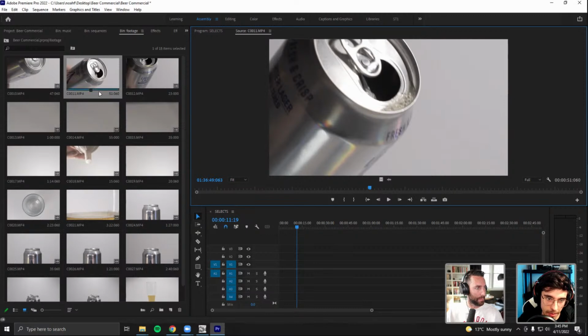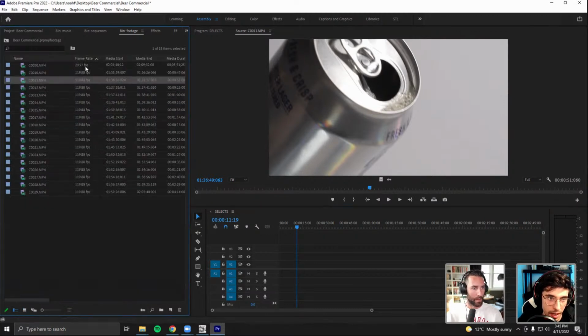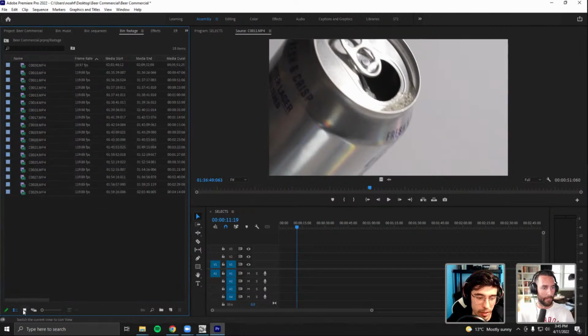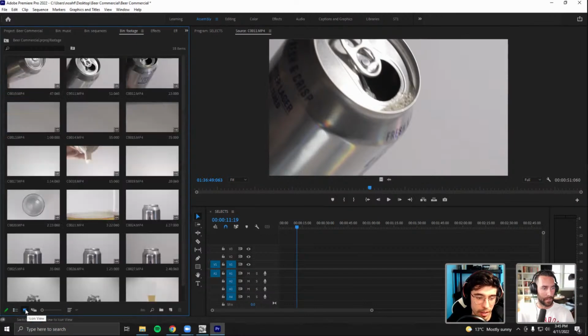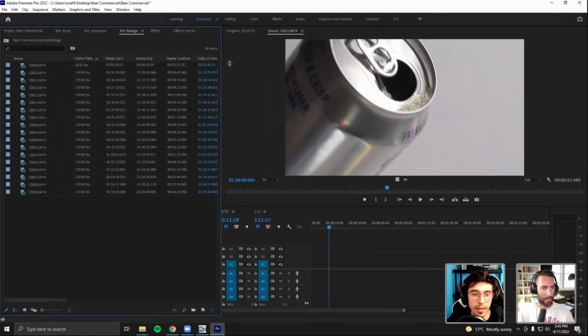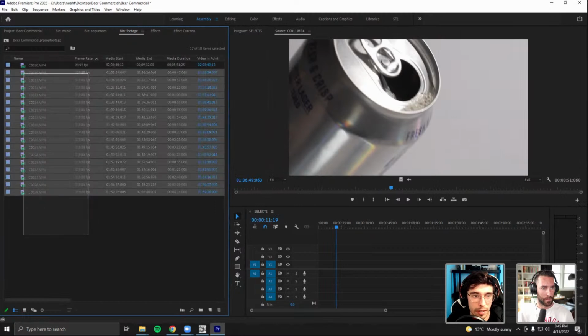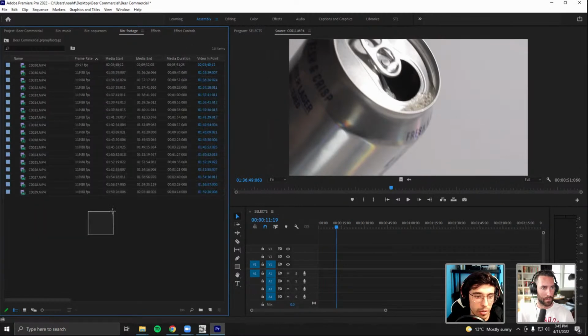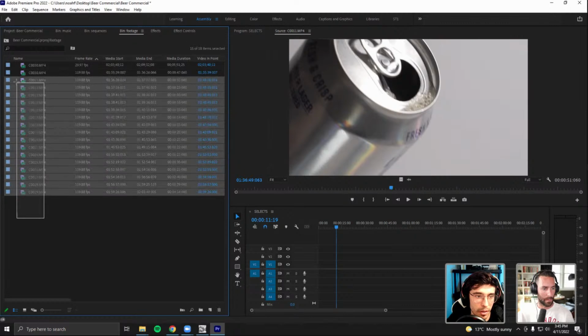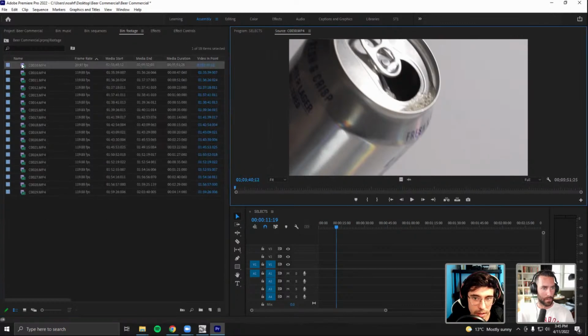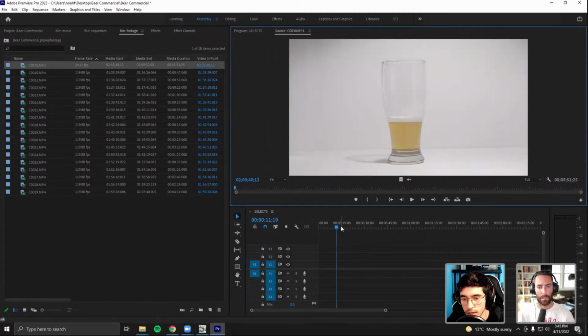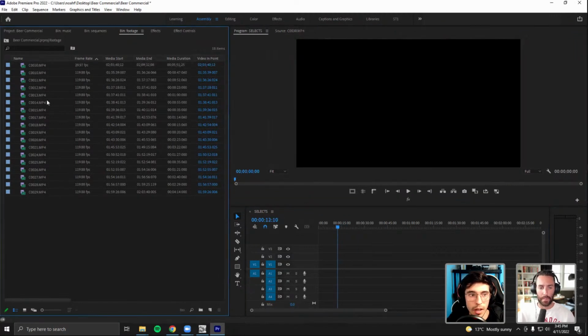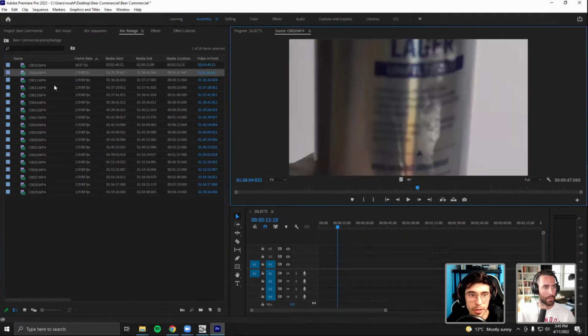Yeah, definitely. So one thing I'm going to do before I start picking selects is quickly switch the view by clicking this button at the bottom. It says icon view. I'm going to switch to a list view, so I can get some more metadata on the actual files. The reason is that I want to know what's 120 frames per second. In this case, it's all 120 frames per second, except for this shot, which is a sort of hero shot.